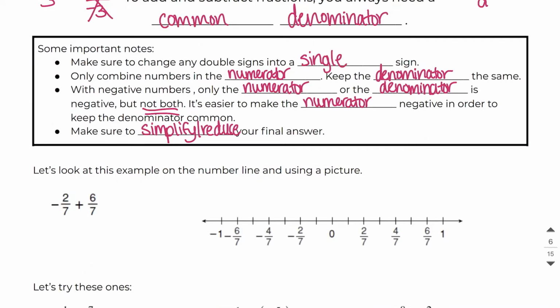Okay, so the next thing we want to do is look at this example on the number line and using a picture. So our example is -2/7 plus 6/7. So if you notice here, our first number that we have here is -2/7. And on our number line,